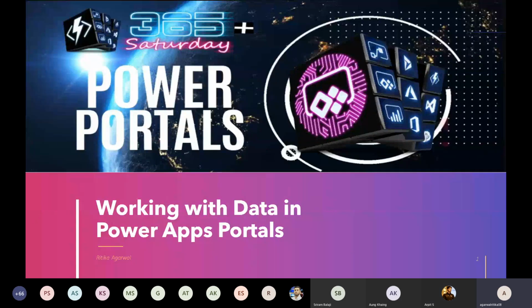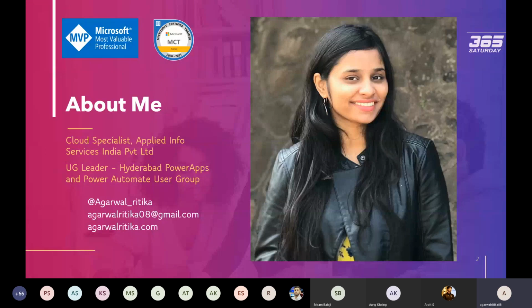All right. So, welcome everyone. Today I'll be talking about how you can deal with data in the Power Apps portal when you're working with different entities and when you want to build a complex application. I'll start with the basic details or the out of the box features that exist, and then I'll move a little bit towards the scripting side and then towards the Liquid programming template language. So let's get started.